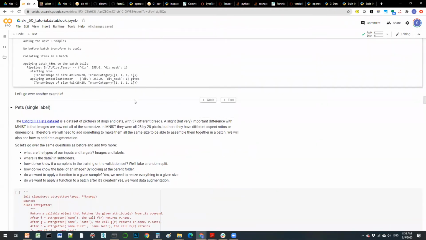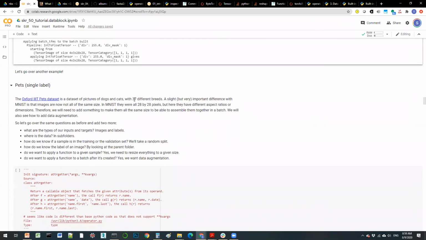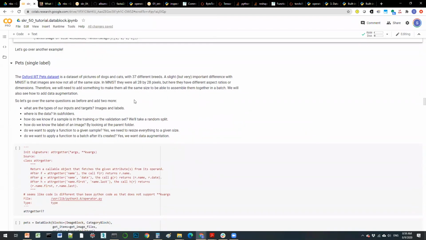And basically it's very flexible, but at the same time, it doesn't need the level of detail you would otherwise need. This data block API, the mid-level API as he calls it, didn't exist in FastAI version 1. So you either had to do everything bottom up or you were stuck with a very high level usage, which provided all the capabilities but took away a lot of the flexibility. So this mid-level gives you most of the flexibility, with also the capability to reuse a bunch of stuff. So moving on,